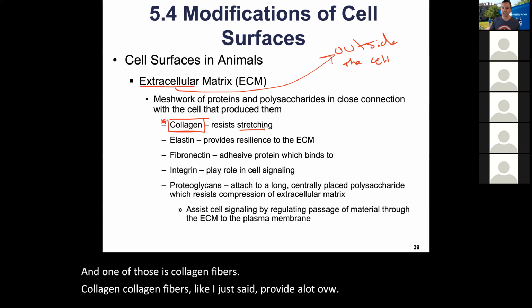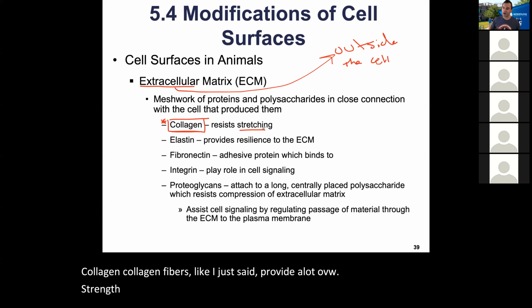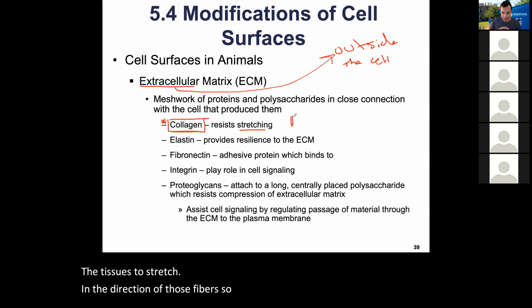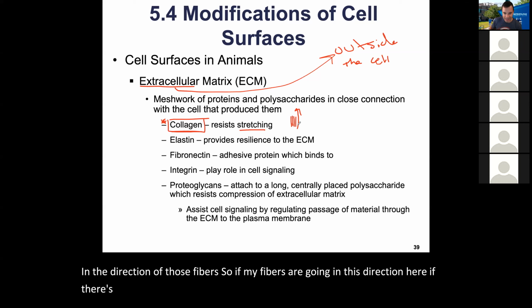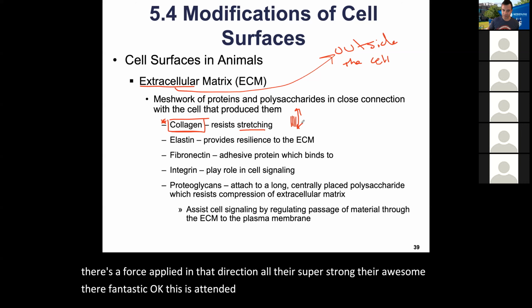strength, resiliency. They allow the tissues to stretch in the direction of those fibers, okay? So if my fibers are going in this direction here, okay, if there's a force applied in that direction, oh, they're super strong. They're awesome. They're fantastic, okay? This is a tendon. This is a ligament, okay? But,